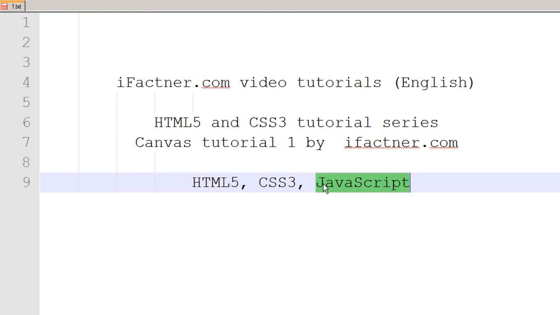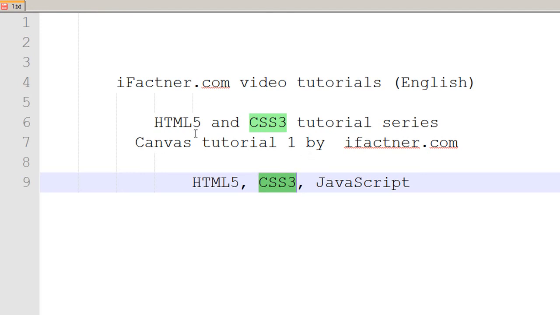So if you know anything about these three languages, then it is well and good, but if you do not know anything about them, then I will be explaining the tags and the elements which I will be using in these tutorials. So guys and girls, in the first two tutorials we will be using the internal cascading style sheets and internal JavaScript file to create our canvas element and to draw a rectangle and a square on our